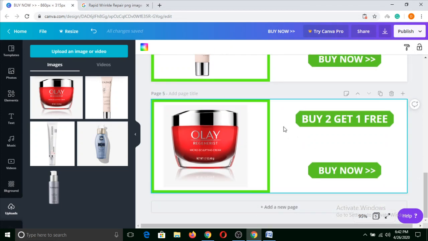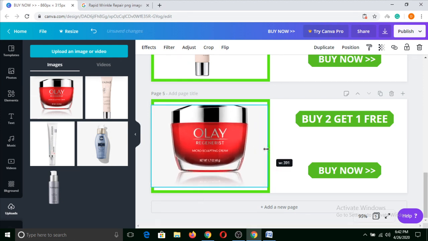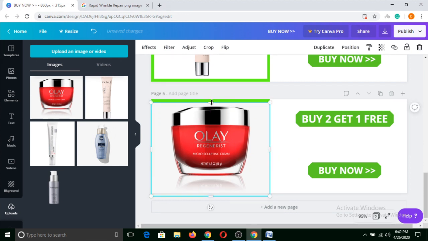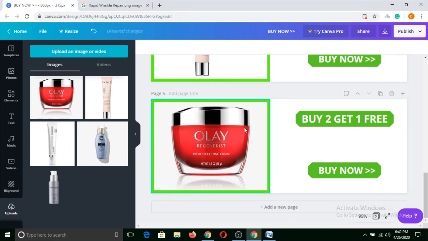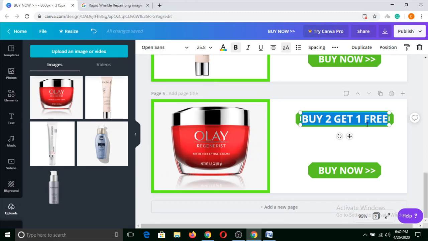As you can see, there is a little bit of difference between this white color and this, which seems a little bit black. If that kind of discoloration happens, then it is not good. So we'll try to increase it, drag it down a little bit, and click here and click on position and backward. After doing that, it seems nice. Maybe this has 10% off.